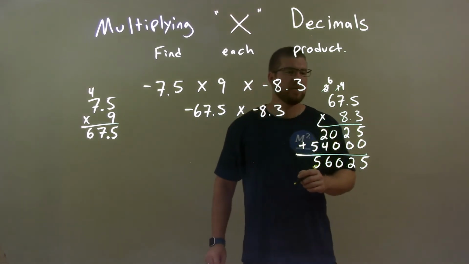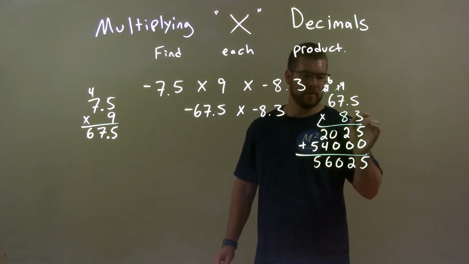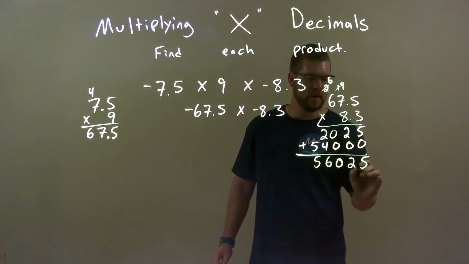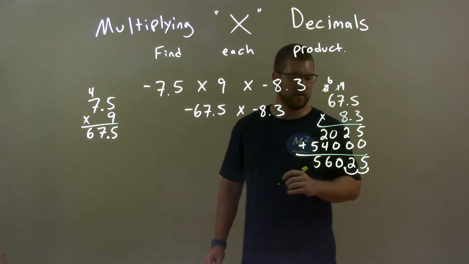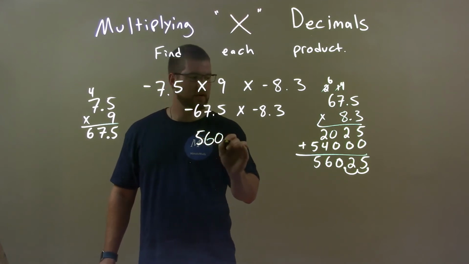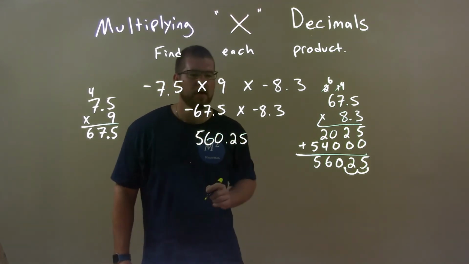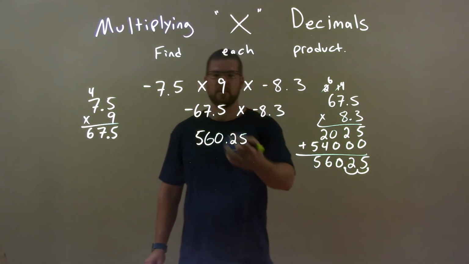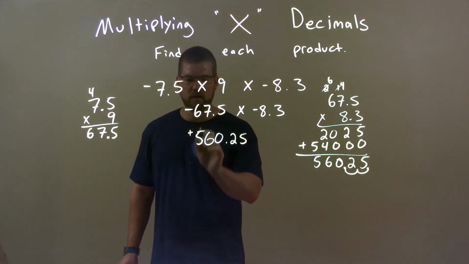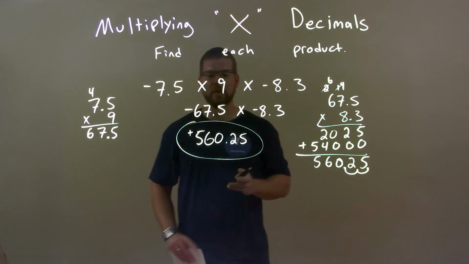Okay, so now we have a very large number, but we have to remember our decimals, okay? 2 decimal places were used, so we go over 2 decimal places, right? 1 for each of these numbers, okay? So bring that here. We have 560.25, and we cannot forget our negatives. At this point, we had a negative times a negative, which is always a positive. So final answer, positive